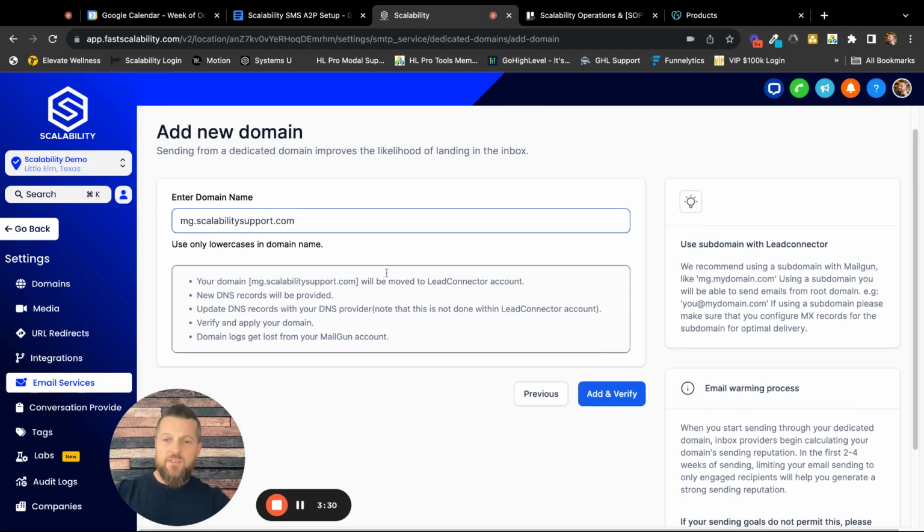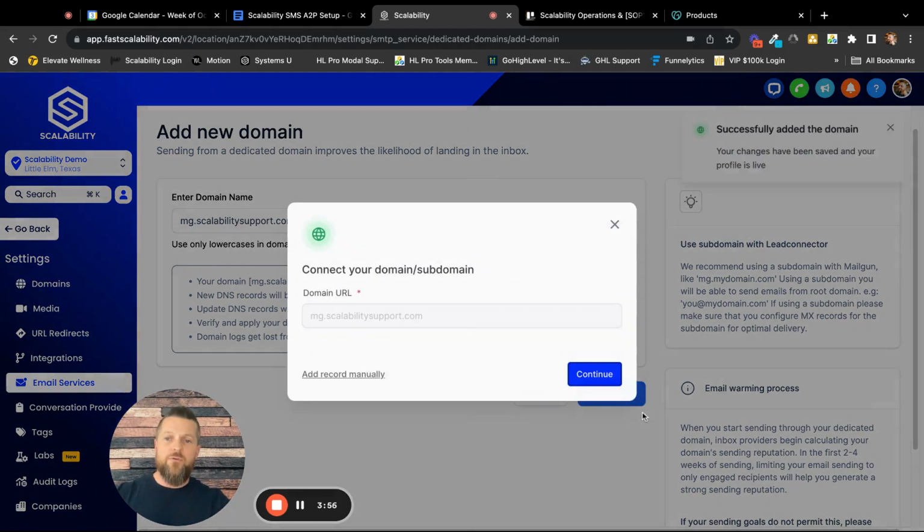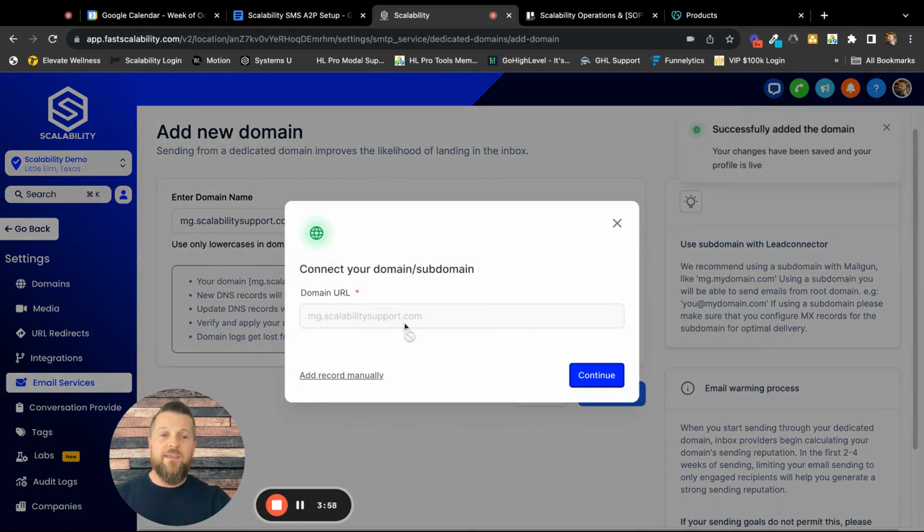So I own this scalabilitysupport.com domain at GoDaddy, right? So GoDaddy hosts the actual domain, scalabilitysupport.com. Then I have workspace.google.com. I got a professional email address, support@scalabilitysupport.com. Here I'm creating this subdomain, and then when I click add and verify, it's going to create DNS records where I can add those DNS records to GoDaddy,